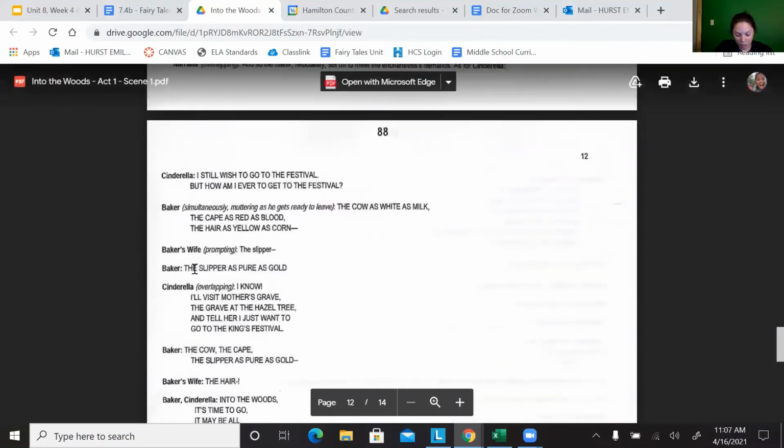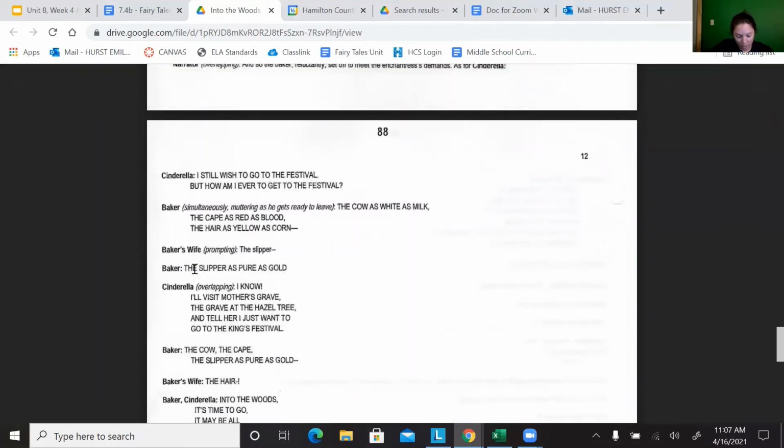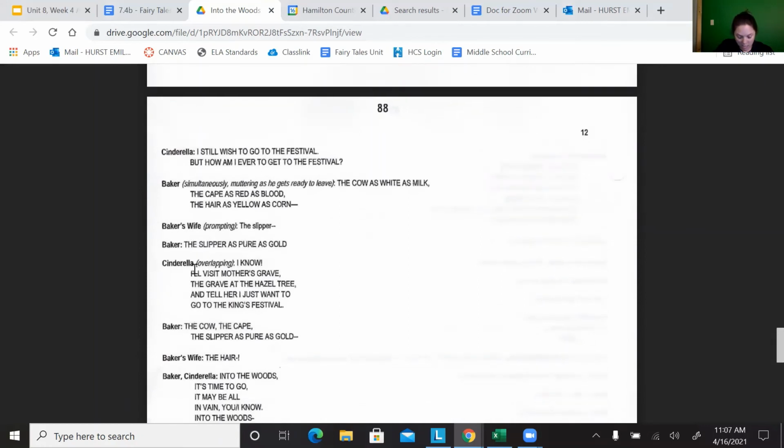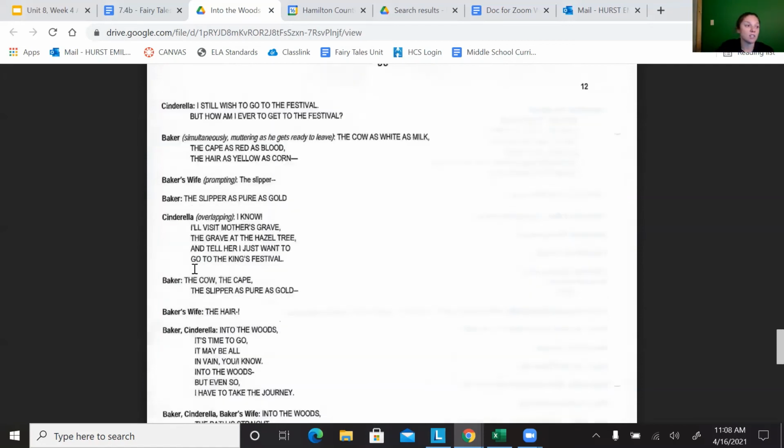And then on page 12, after it says, the time is now. I don't actually see that. Oh, it's actually on page 13.